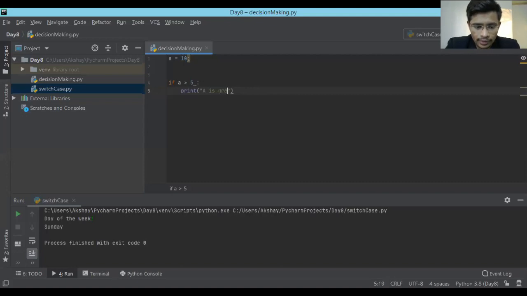Else, if not, it will go over here. Else, print a is not greater than 5.